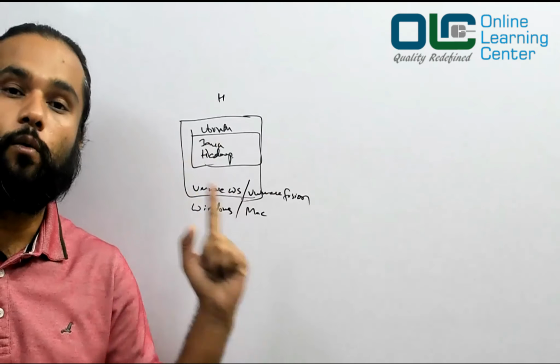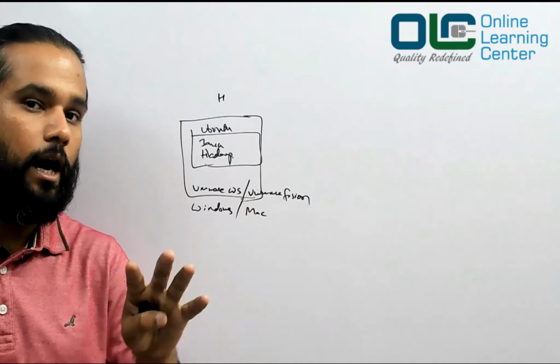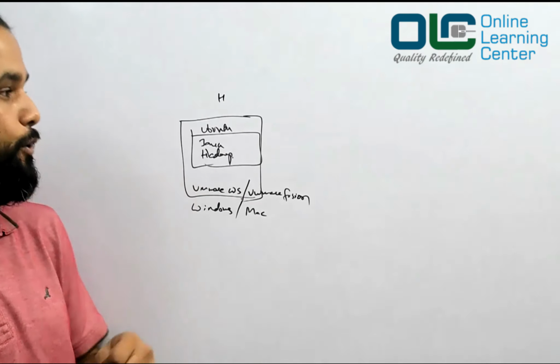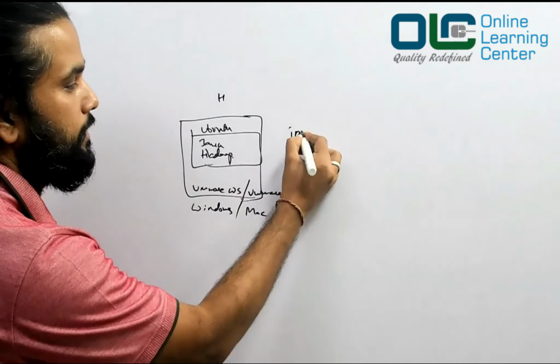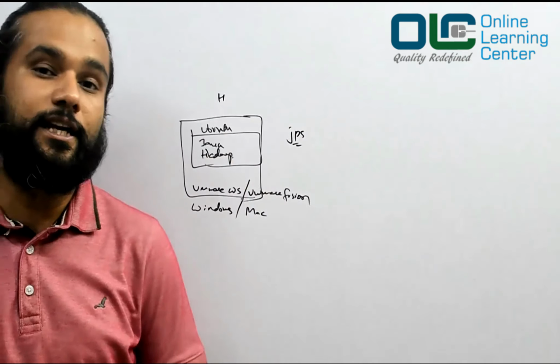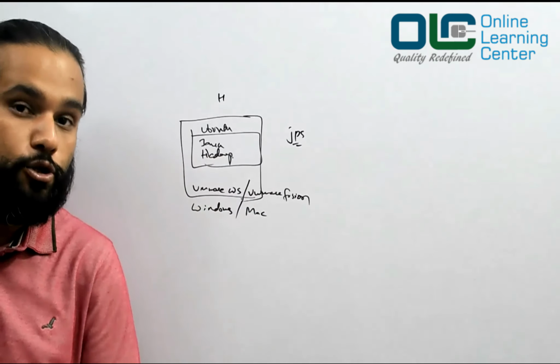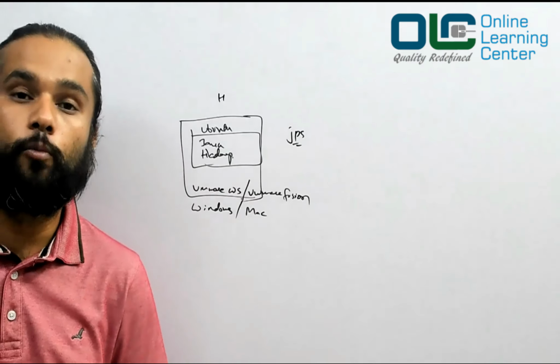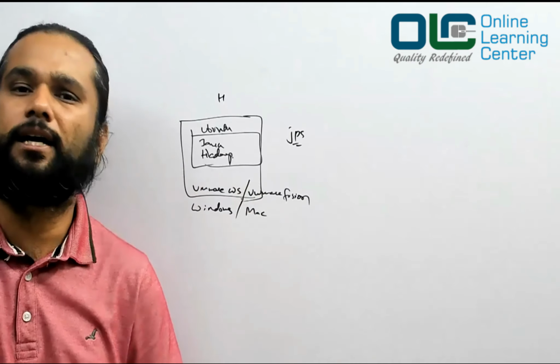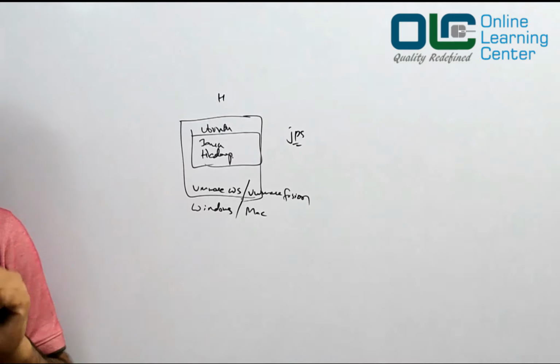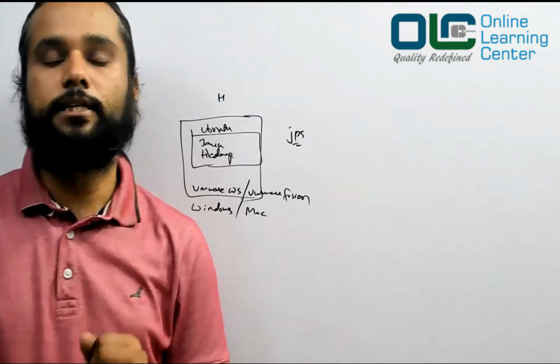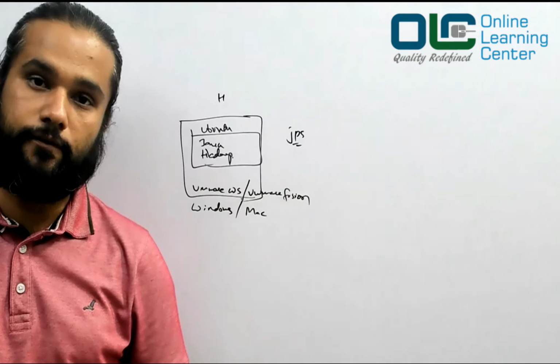Wherein you have only one system, and you might have seen after your installation was successful, when you ran JPS, you were able to see all those daemons which we talked about in the Hadoop architecture, like your name node, secondary name node, resource manager, and so on. Now we will learn what this HDFS is and how you interact with it.